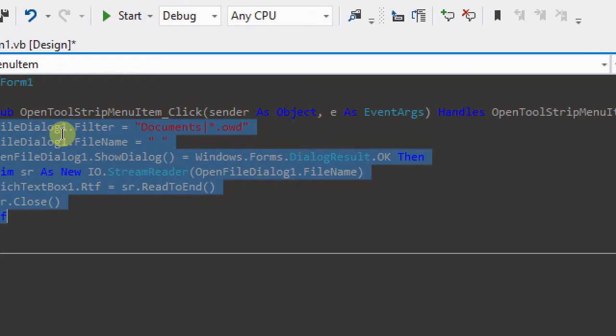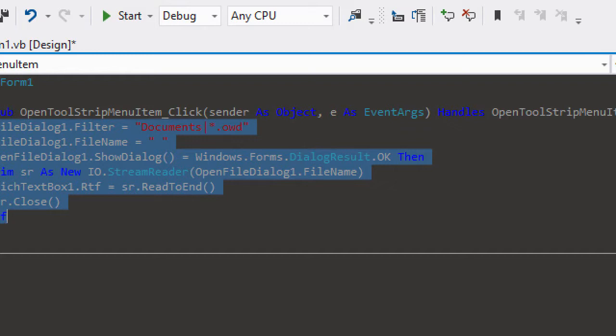This is what it's doing. It's going to declare a stream reader, which is useful for reading files and displaying files in controls, and this helps us by reading the file and setting it as the rich text box, which can be done with the code